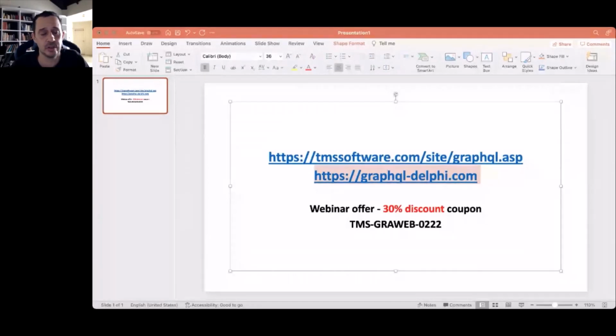This is already full-featured, and this will have a long and bright future. So I can say this: if you intend to use GraphQL in Delphi, this is the framework for you. This is the place, and it is already, and it will be the best GraphQL framework for Delphi.